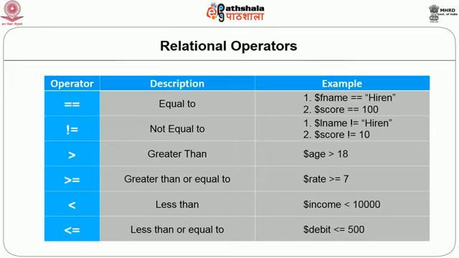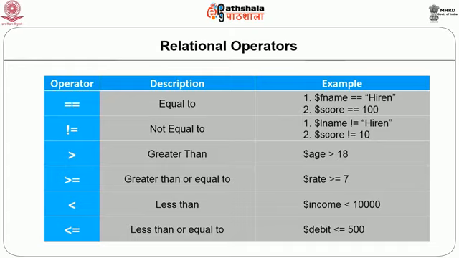If you type only one equal sign, that is the assignment operator. The assignment operator is used to assign the value from the right hand side to the left hand side. So generally on the left hand side we write a variable, and on the right hand side a value. So the value is assigned to that variable. If you use an exclamation symbol and equal sign, that is not equal to. Here I show an example as well. In the same way, greater than or equal to, less than or equal to.